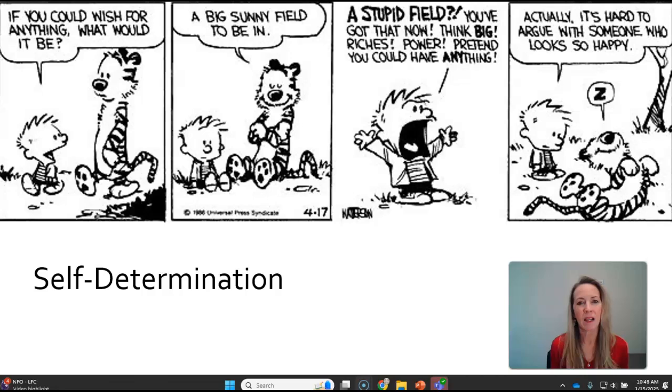Let's think about what are highly valued goals in our society. Making choices, taking risks, having control over your outcomes, and assuming responsibility for your actions, whether they turn out good or not so good. That's just life. And being self-determined means acting as a causal agent in your own life. Being a person who can make or cause things to happen in their own life.